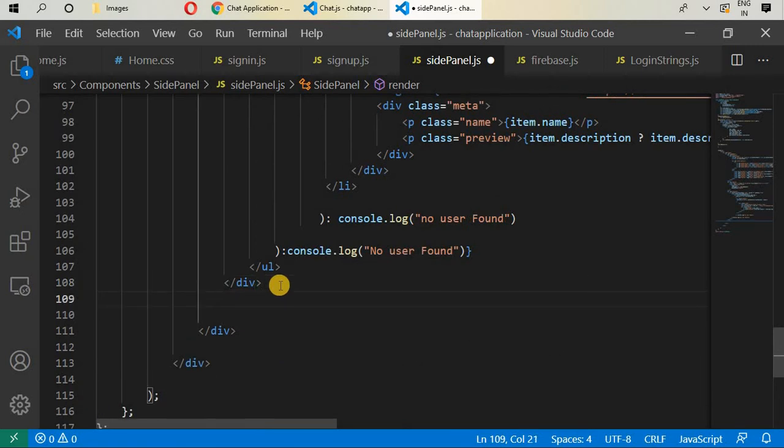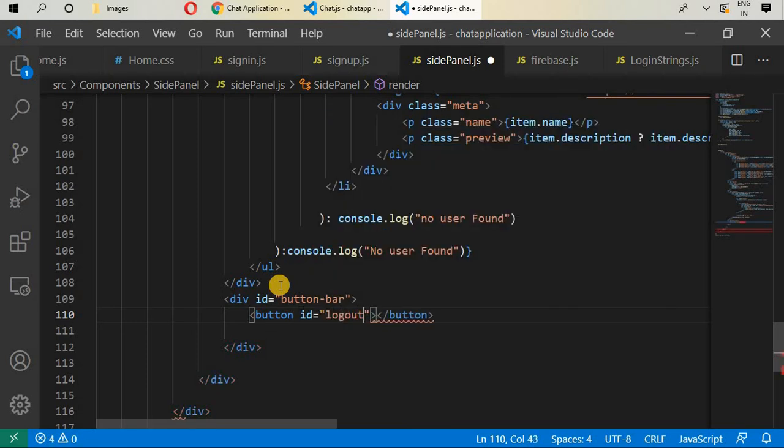In here, create another div, and we have ID, give it button bar, and we'll give it a button and ID logout, and on click event we will call this dot logout function, and class give it icon, we have sign out,